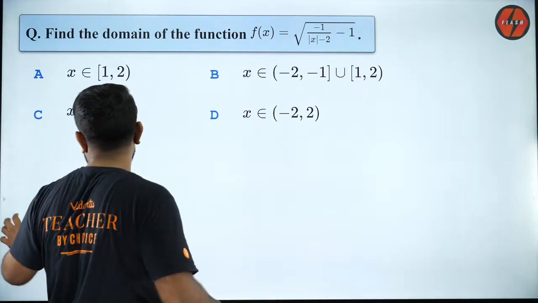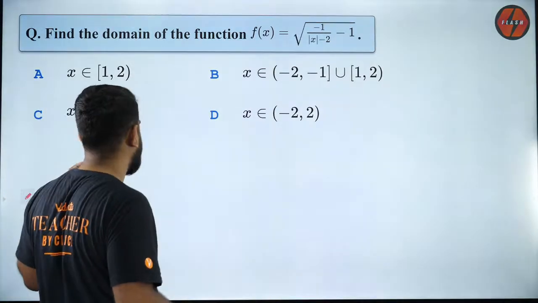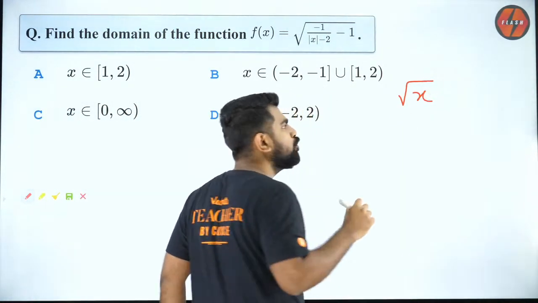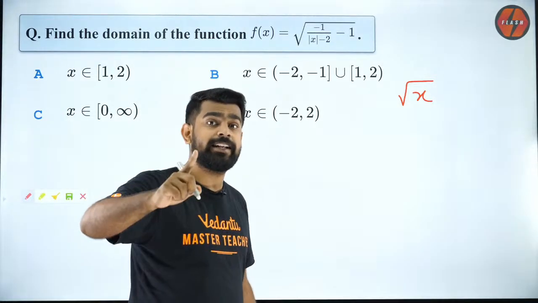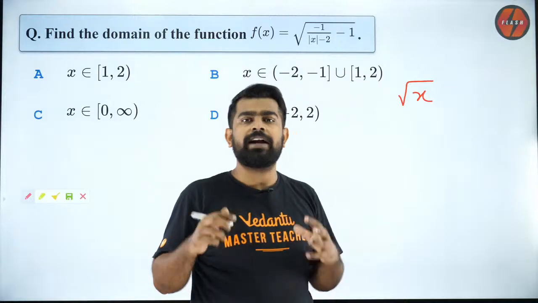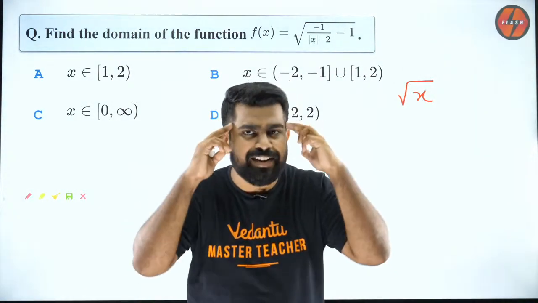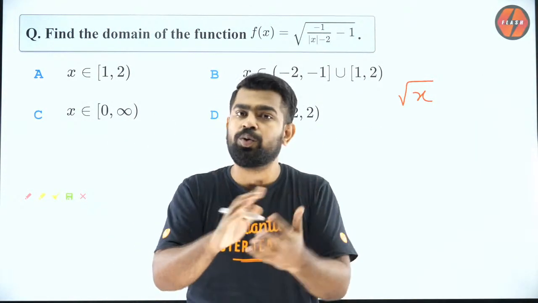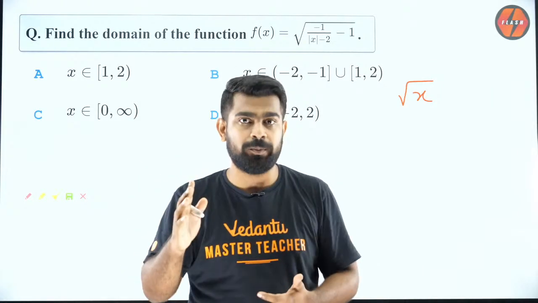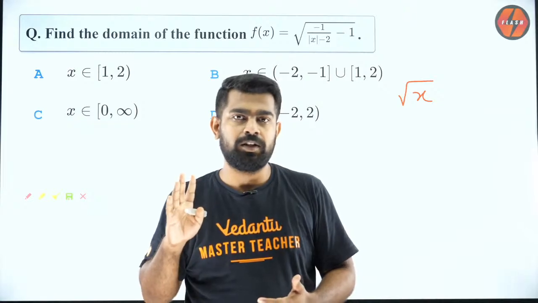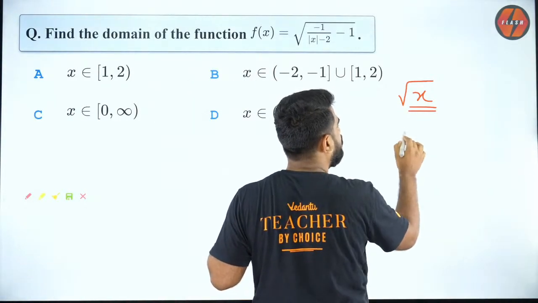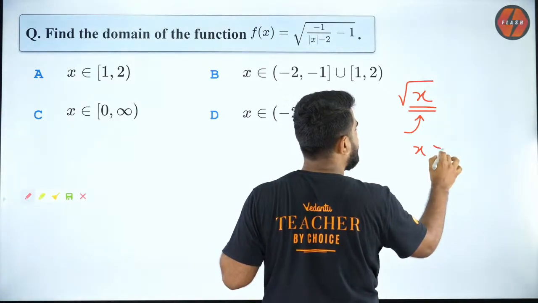So let me teach you a little bit of basics around this question. In your lower classes, you might have seen your teacher saying, when you have root of x, make sure that your x is not negative. Isn't that correct, guys? Whenever you have the square root function, and when we talk about real numbers, whatever is inside the square root cannot be negative. It has to be either positive or at the lowest zero. That is why we apply the condition for square root of x as x is greater than or equal to 0.